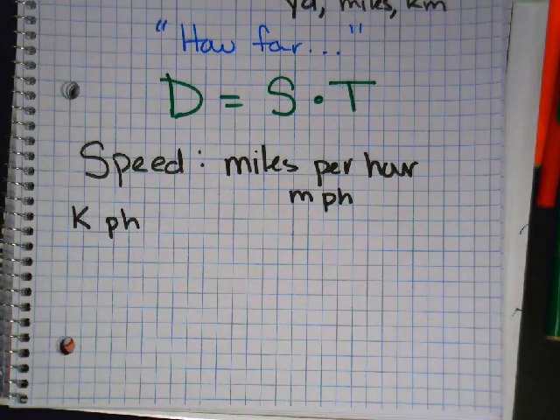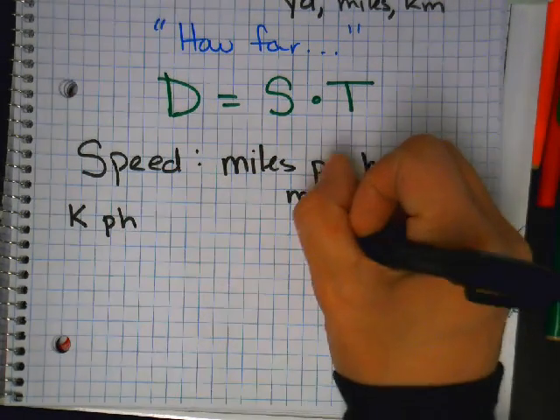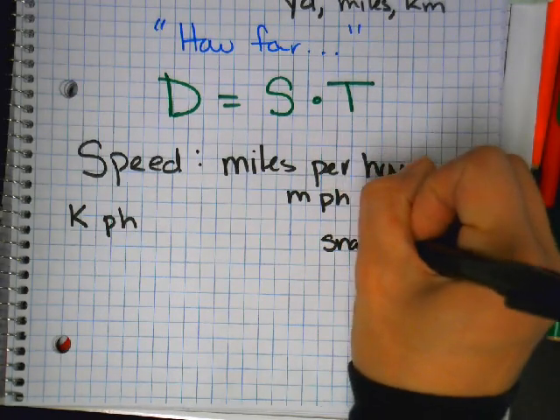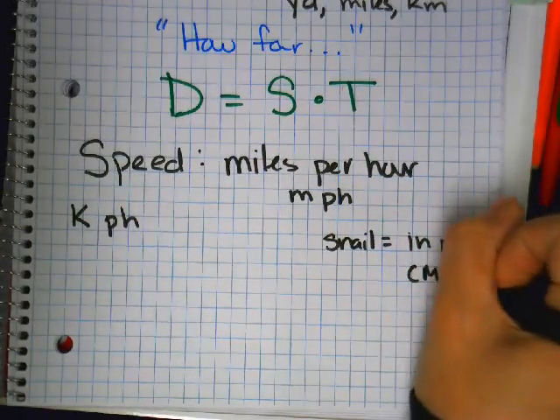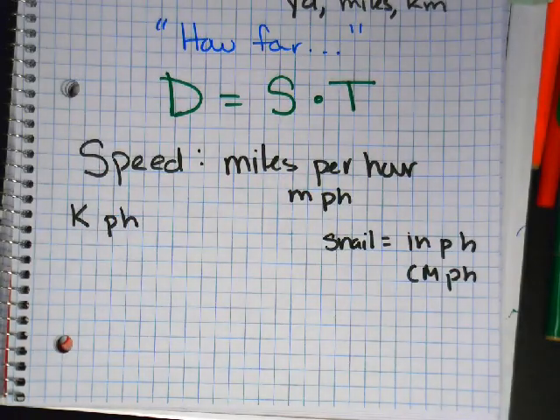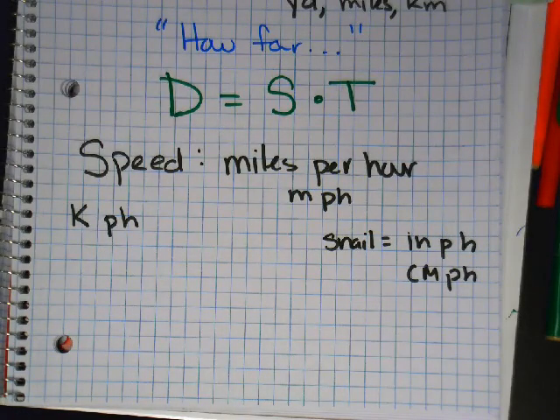What if I'm measuring a snail? Inches per hour, or centimeters per hour, right? So imagine a snail, and I'm gonna watch it for an hour. Is it gonna be traveling miles? Unless it's turbo. But a regular snail, I'm gonna measure its distance in an hour. It's not going miles, right? So we would change the units. It would go inches or centimeters, depending on how fast it's moving. Let's not get technical, okay? So speed is miles per hour.